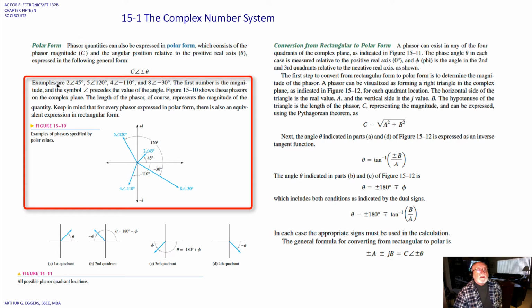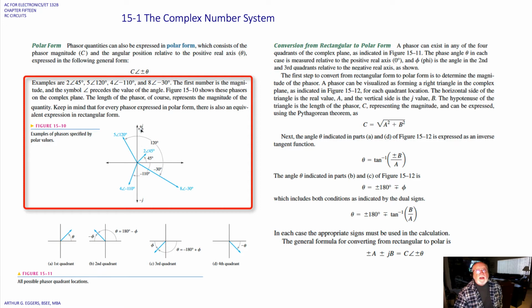Examples are 2 at an angle of 45 degrees, 5 at an angle of 120 degrees, 4 at an angle of minus 110, and 8 at an angle of minus 30 degrees. Graphically we can see that in figure 15.10 for each of these examples, where they plot out on the